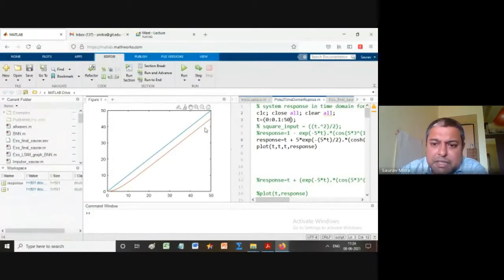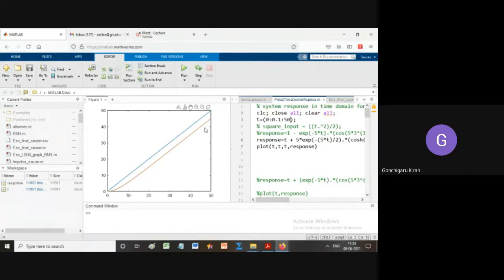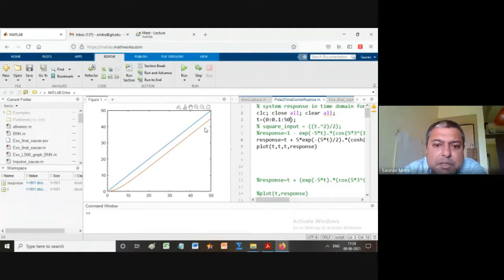Kiran, is the difference between the type 0 system ramp response and the type 1 system ramp response understood? Yes. Guys or girls, whoever is there, please respond. What is the difference? In the type 0 system ramp response, the blue line was here and the red line was like this. The distance between the blue line and red line was ever increasing in the case of a type 0 system. That's why at t equal to infinity, the distance was becoming infinity.